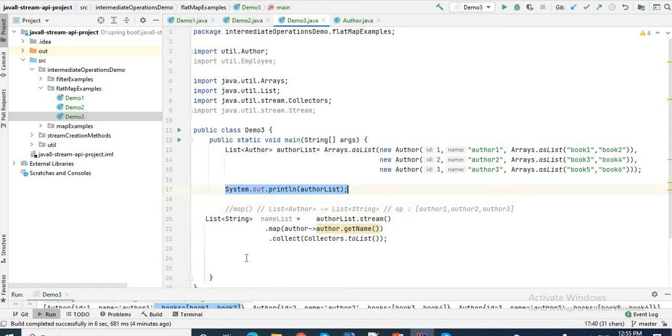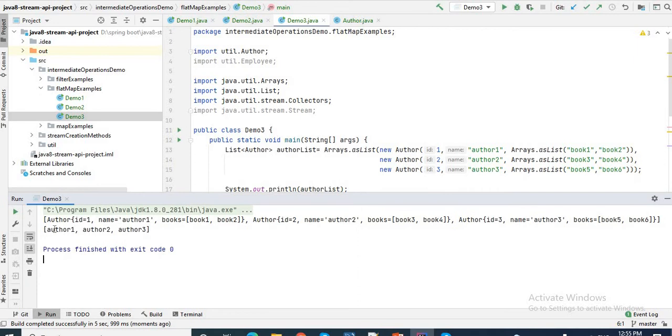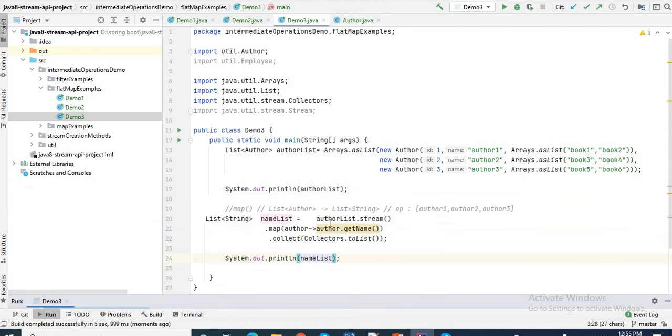So let me print this name list. If I run this one, okay, see the output here. Author 1, author 2, author 3. So from this list of authors, I am getting all the author names by using this map. So here the mapping is 1 to 1 and it produces one output for each input value.